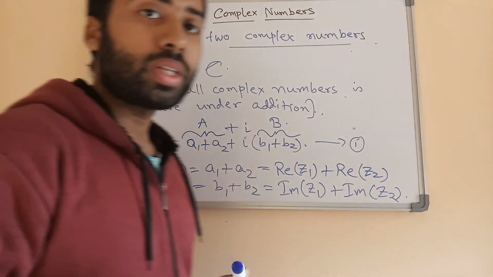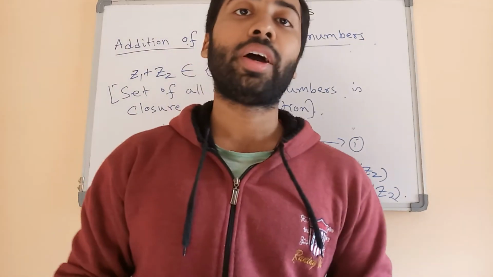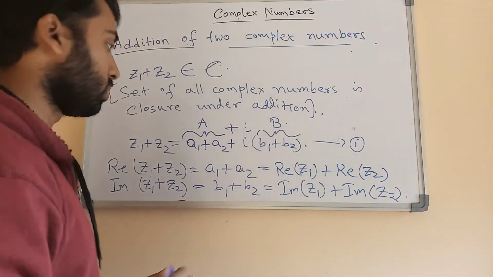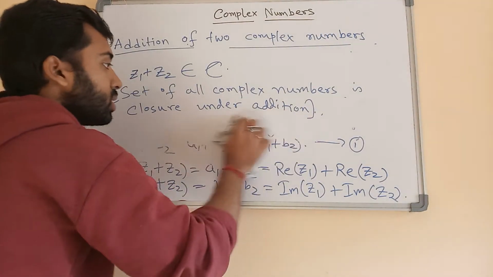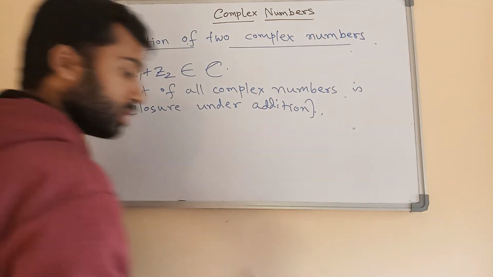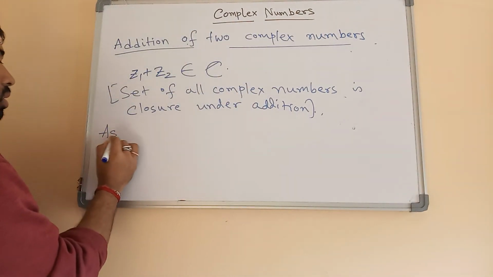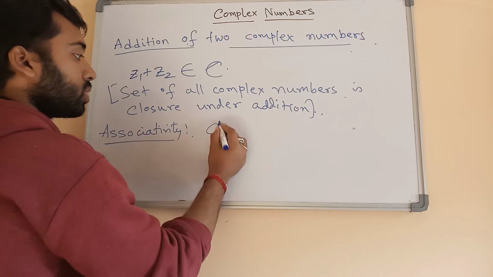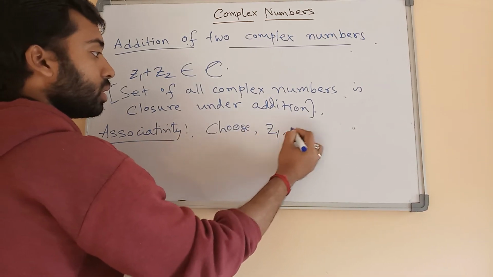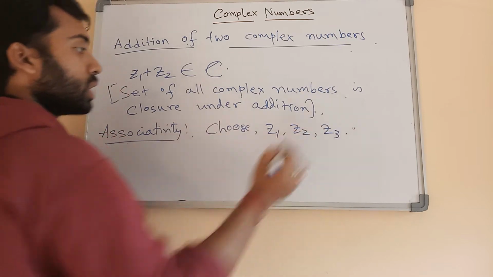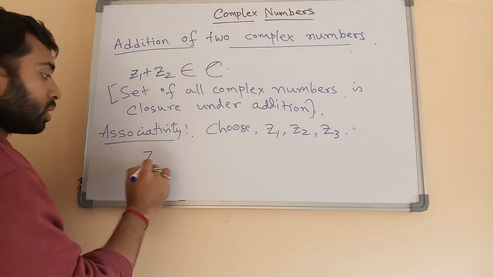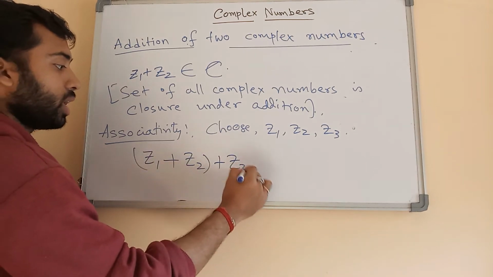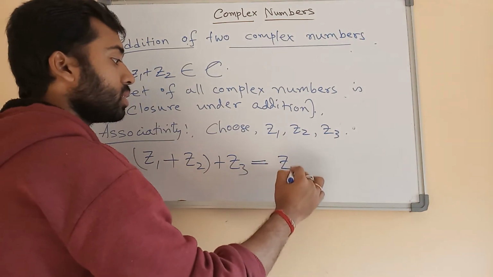So closure under addition means whenever I choose two complex numbers and add them, I get the result in the complex number set. The next property for the set of complex numbers is associativity. So choose three complex numbers Z1, Z2, Z3. Associativity means (Z1 plus Z2) plus Z3